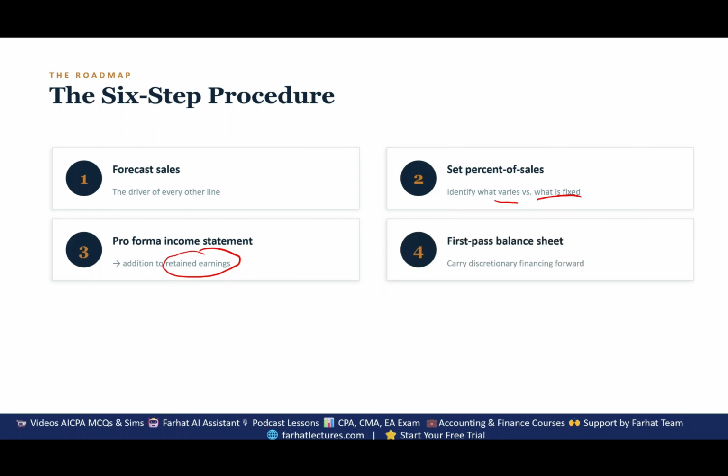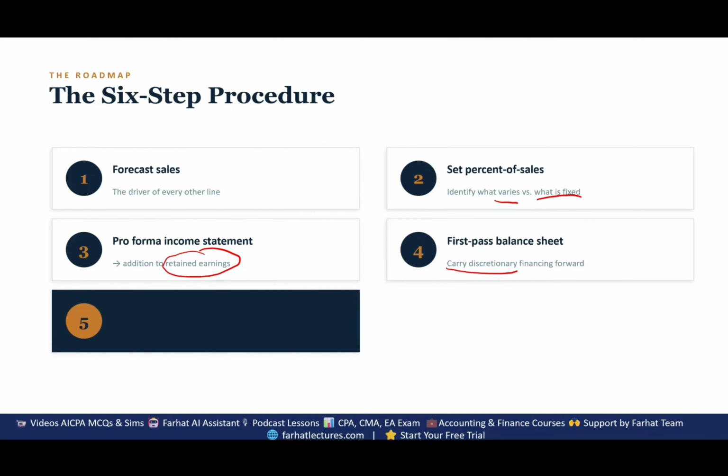Then we're going to look at the balance sheet first, the past balance sheet, and we're going to carry the discretionary financing forward. That means debt and equity will stay the same for now. Then we're going to solve for AFN. Everything that I told you here was on the prior slide, which is assets minus the financing in place, which is debt and equity,